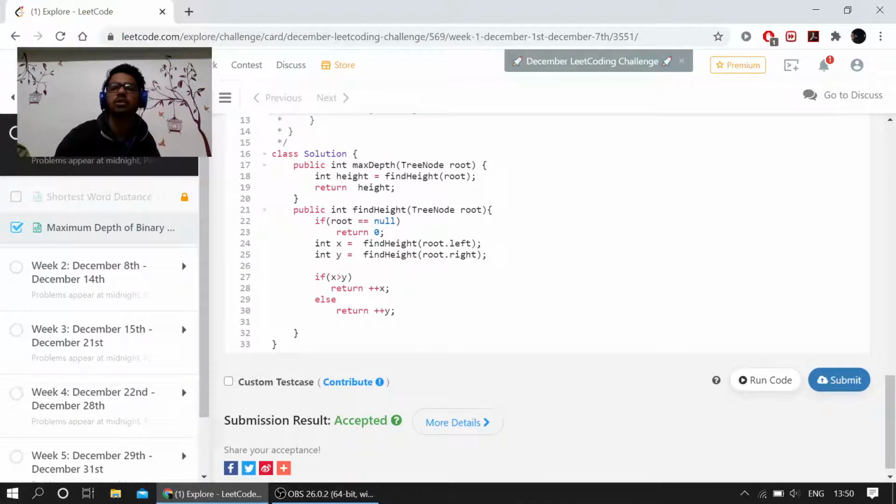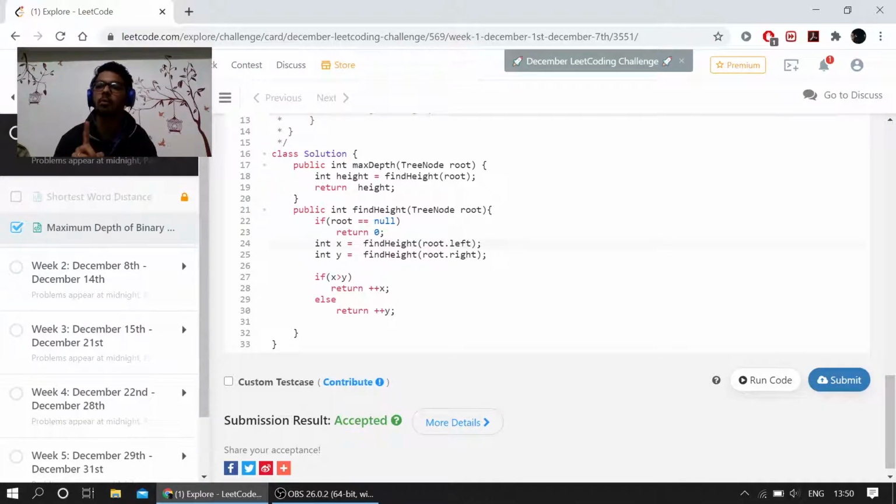So here's the solution. I have used a recursive solution. My base condition was: if the root node is null, simply return 0, because its height is 0 since there is nothing in there. Else, check for the right path as well as the left path and store them in variables. Check which is greater. If right is greater, return right plus plus. If left is greater, return left plus one, because you need to increment one value, because the null call will return 0, and when you are at the leaf you need to return 1.